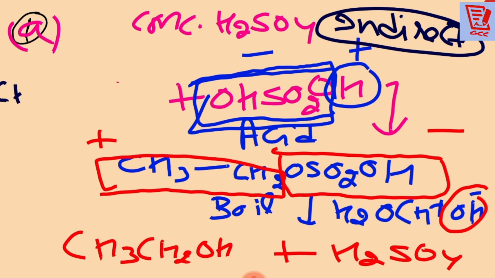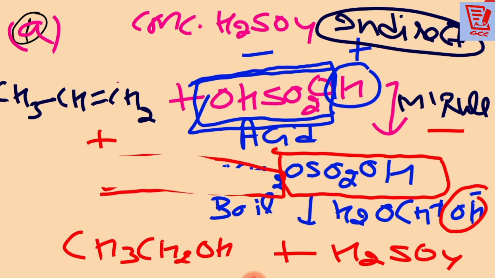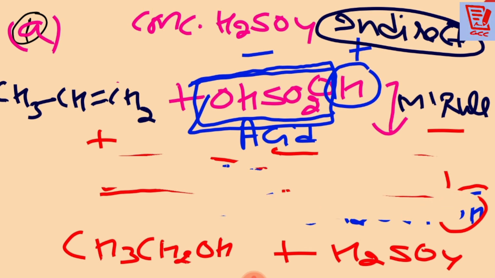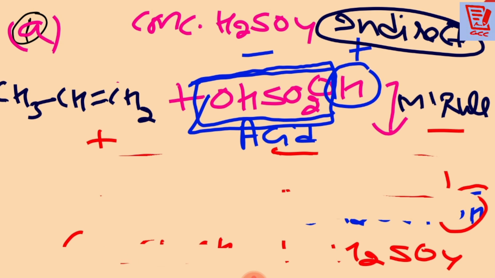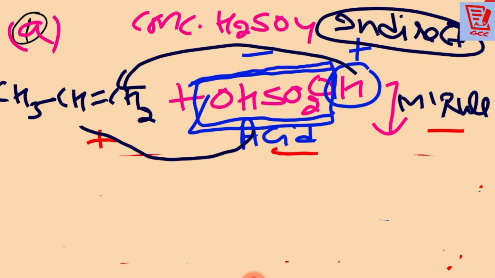You must see, all of you, suppose CH3 CH double bond CH2, but in this case you will use Markovnikov's rule. And according to Markovnikov's rule, I think you know very well where the H positive will go and where the OH negative will go. You know what is the positive above and what is the negative above. It means this H positive will go to this one, and this one will come over here.